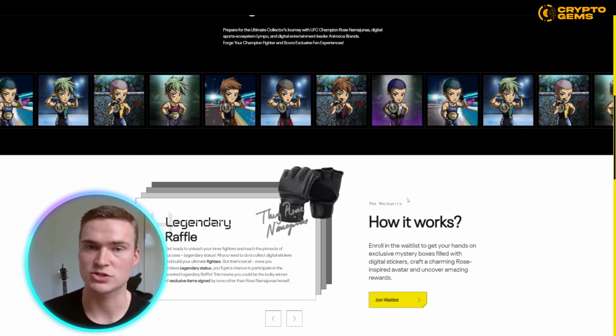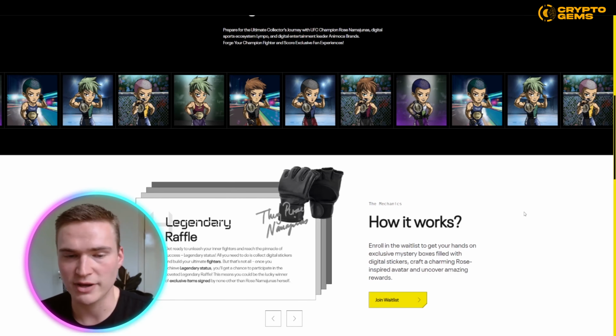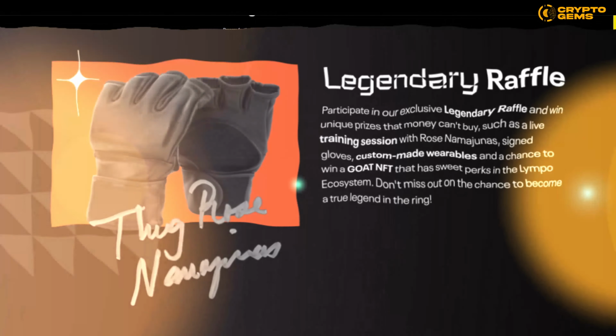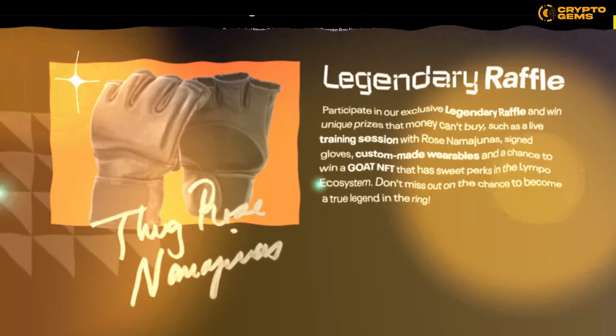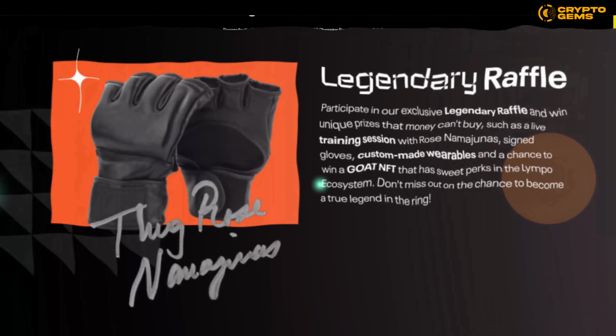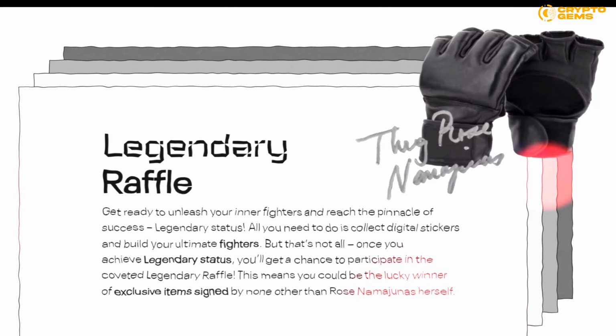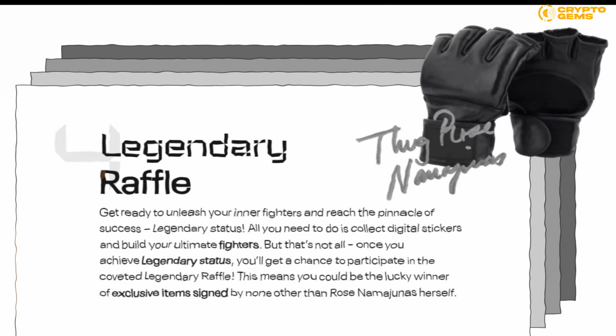So like I said, now on the screen, you will see some of the fighters you can build. Depending on which athlete stickers you get, you can actually build different strength of avatars. So beginner, intermediate, advanced, and elite. And you can get different tiers of stickers in the mystery boxes you buy. So if you actually have 4 legendary stickers and you build an athlete with that, then you have an elite